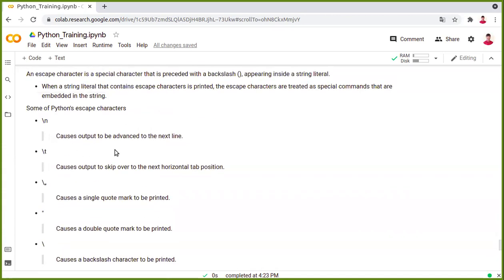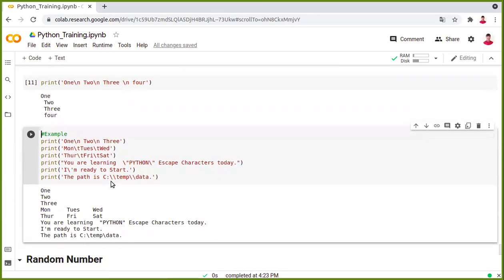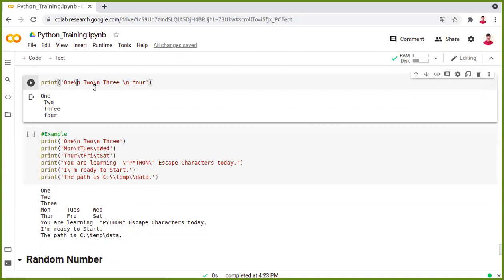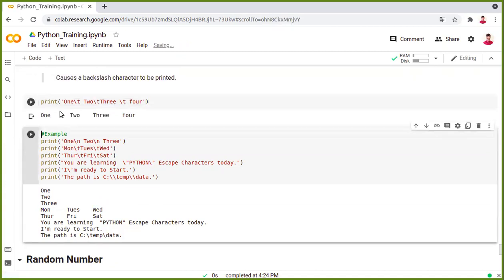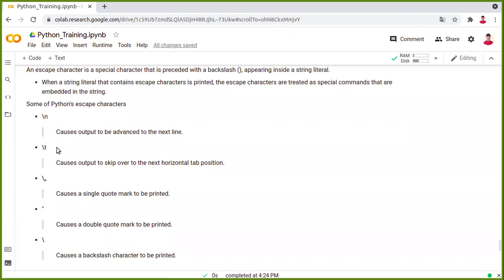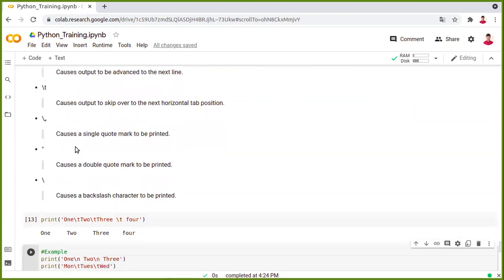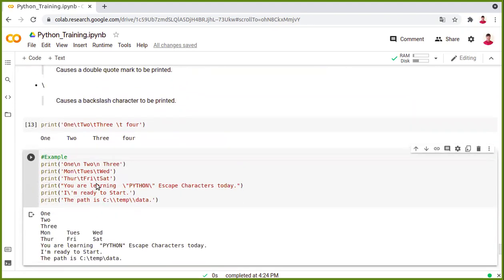What it does is it just advances its output into the next line. Similarly, if you are using \t, it just gives us a tab space. Let us just work on this example only. I am just changing to tab. So what it does is the output which you are getting will have some tab spacing. Just it will give a tab spacing. That's it. So escape character \t will give you a horizontal tab position. That's it. So coming to the third example,